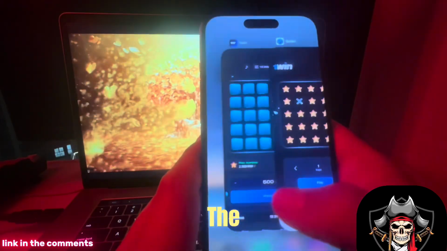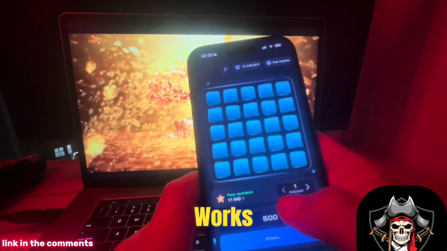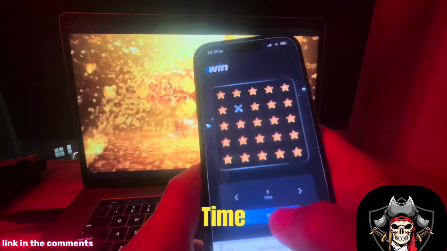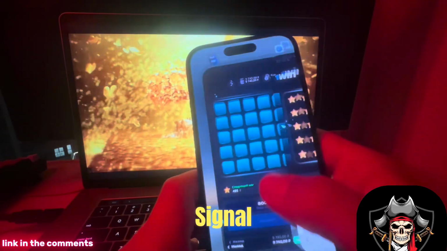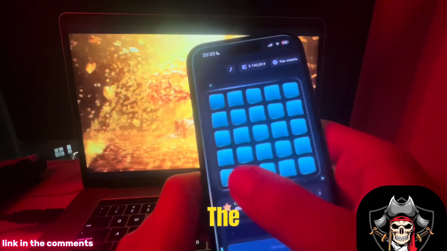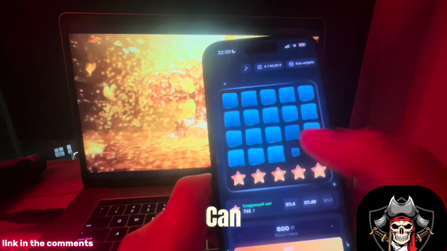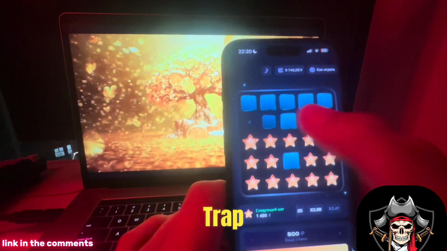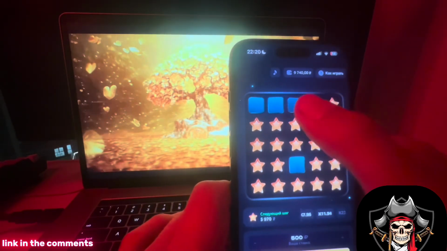There's another version of the bot. Now I'll show you how it works. We click here. This time you play first and then generate the signal. Here is our trap, and we cover the entire field. But there's one nuance, we can only do this once a day and only with 1 trap. In any other case,